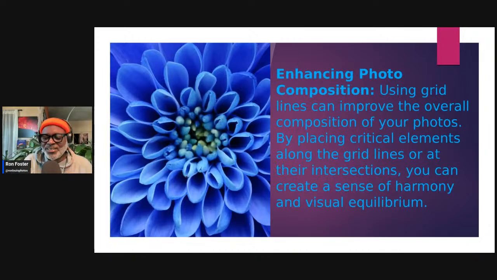You know, there's an old saying of older photographers: know the rules so you can break them. Know all the rules so you can break them. As creatives, you want to break the rules, but you need to know the rules first. You need to know why something is happening.